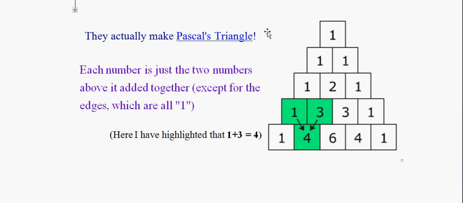Now what is 1 here? It is the coefficient of a plus b whole power 0. This means if a binomial has exponent 0, then the coefficient will be this. If a binomial has exponent 1, this will be the coefficient. If a binomial has exponent 2, this will be the coefficient. If a binomial has exponent 3, this will be the coefficient. If a binomial has exponent 4, then this will be the coefficient. And we can move further on, exponent 5, exponent 6, exponent 7, according to our needs.